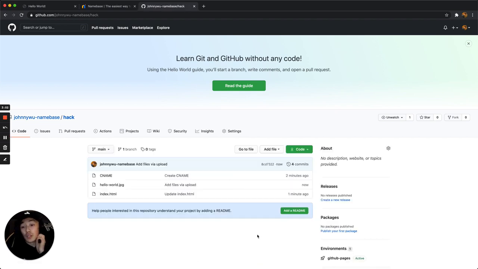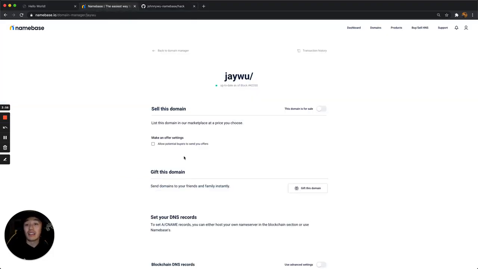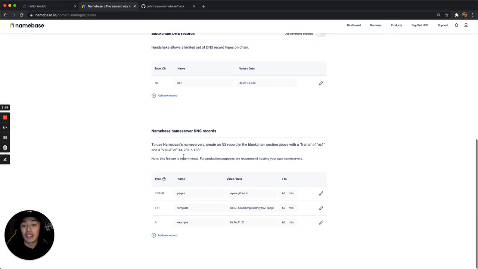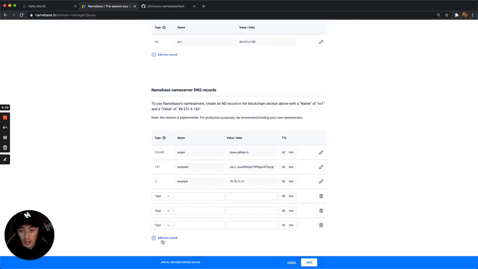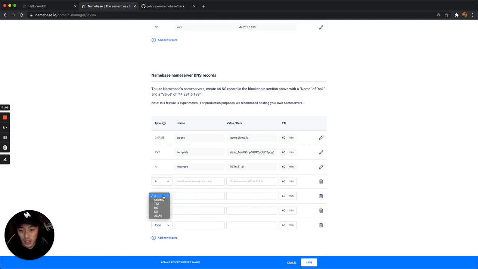Awesome. So this should be good to go, and the final step is just to add the proper name server DNS records in Namebase. So we have to actually create a couple A records, 4 of them actually. So 1, 2, 3, 4. The subdomain is going to be the same on each. I believe we chose hack, so hack.jwoo, hack. And then the IP address is going to be the GitHub Pages IP address, which in this case is going to be